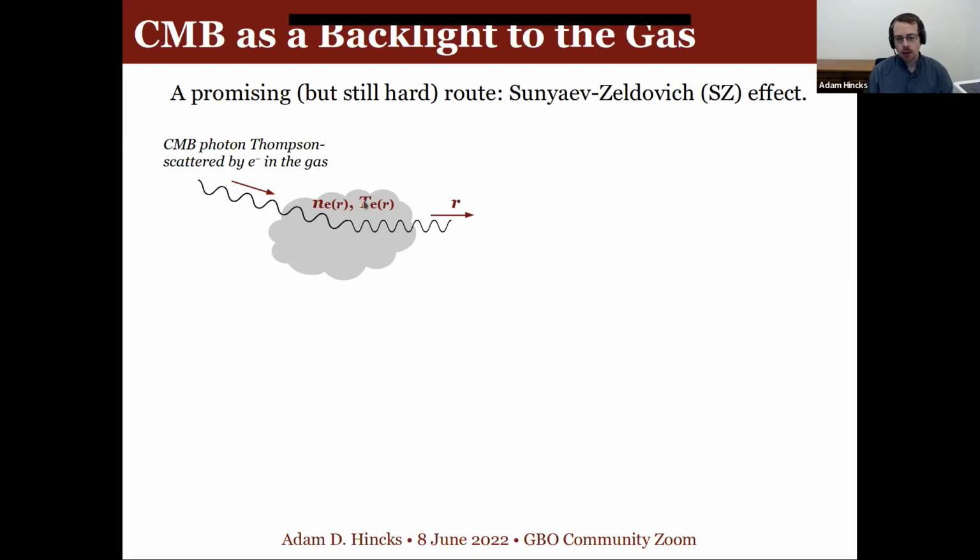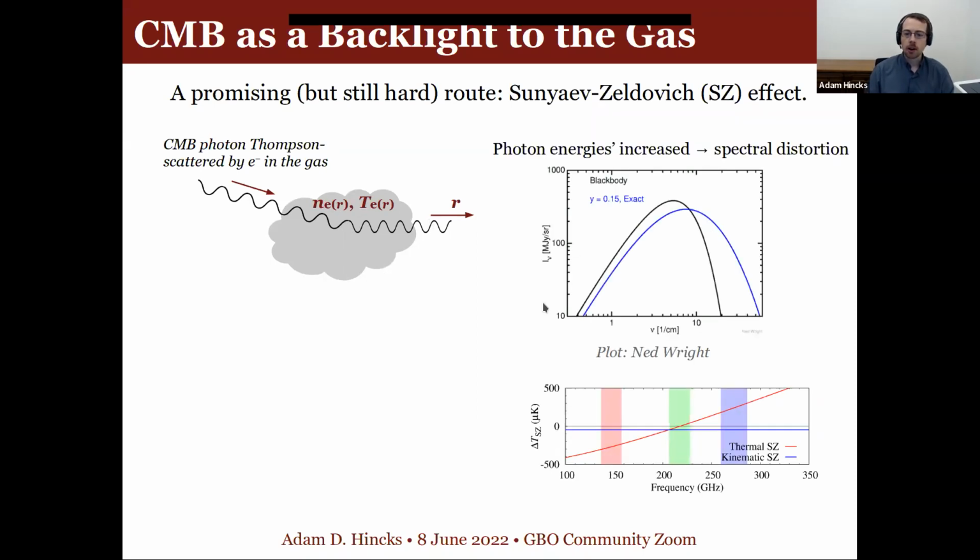Because the gas is a lot hotter than the CMB, it tends to impart energy to the photons that are scattered. And so the result is that this initial black body spectrum that the incoming photons have, the scattered ones have this new spectrum at higher energy. And what that does is it creates this distinctive spectral pattern where at frequencies lower than about 220 gigahertz, you actually have a deficit of temperature in the CMB because these photons have been scattered to higher energy. So in your CMB map, you see these little shadows where you have a temperature decrement,